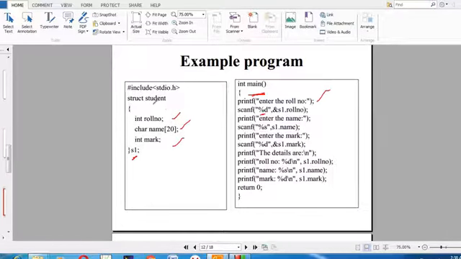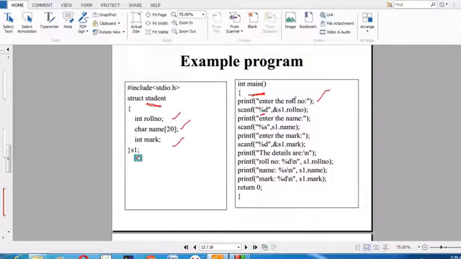So here, I am going to create a structure for students. It contains roll number, name, mark. So this is a structure variable creation, and the variable is S1. What this program does is get the values from the user through the structure, and in the same way it will display the values to the user through the structure concepts.